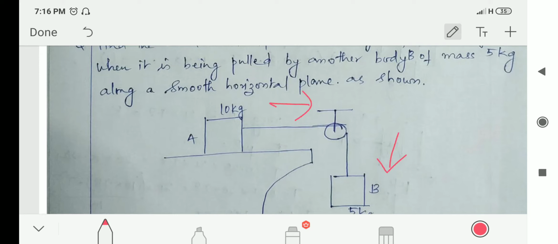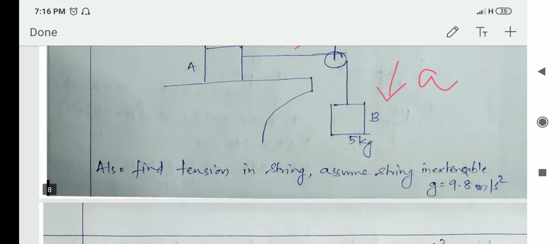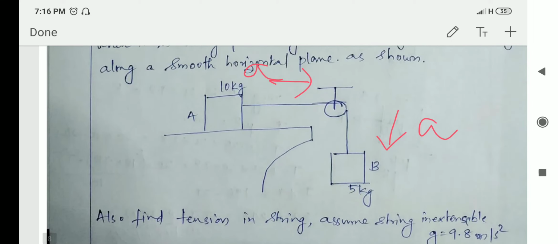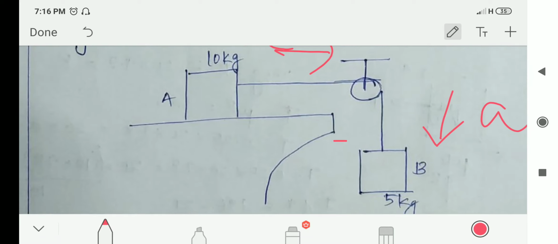So the direction of motion is already specified like this. Okay, now we need to find the acceleration. Suppose block B is moving with an acceleration small letter a. What is the acceleration of block A? It will be the same small letter a, right? So the first two steps are over. Now we need to draw the free body diagrams here and here and here, and find out.